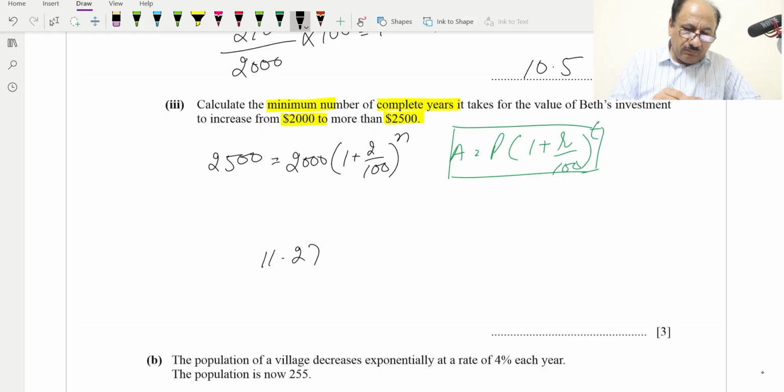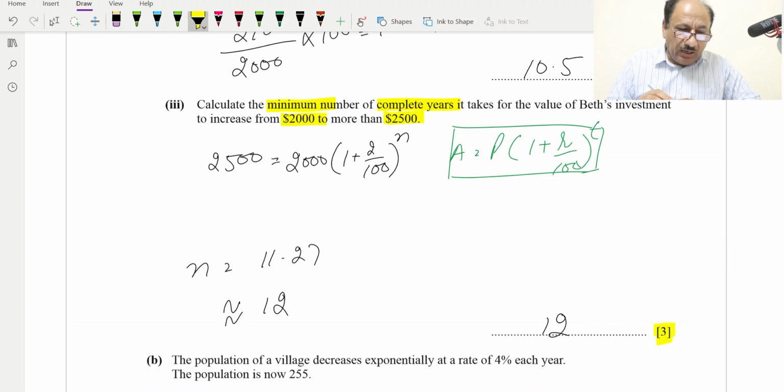So n is equal to 11.27. So we can write n is approximately equal to 12, and the answer is 12. Now the question is that this is a 3 marks question, and maybe the examiner will have an objection that